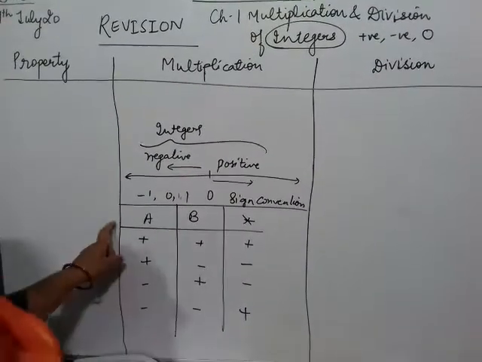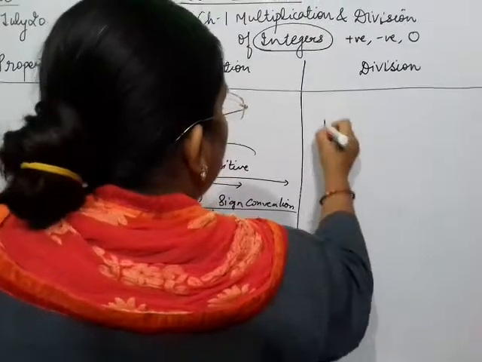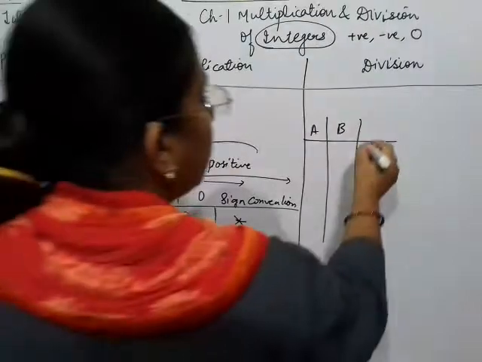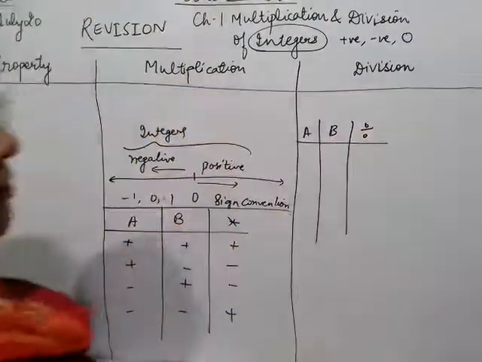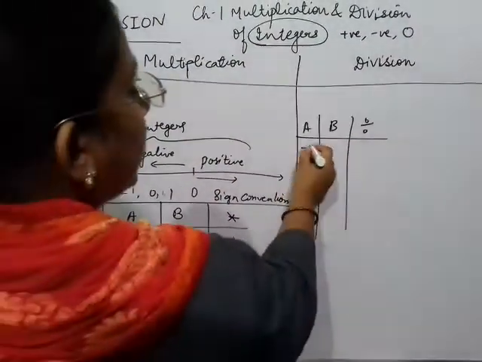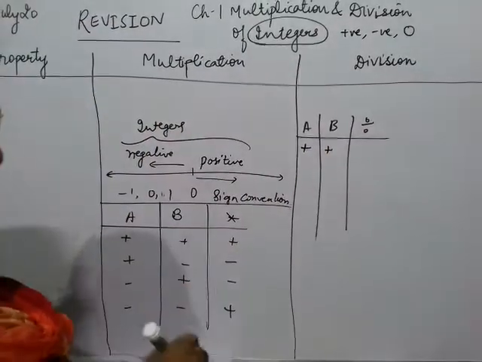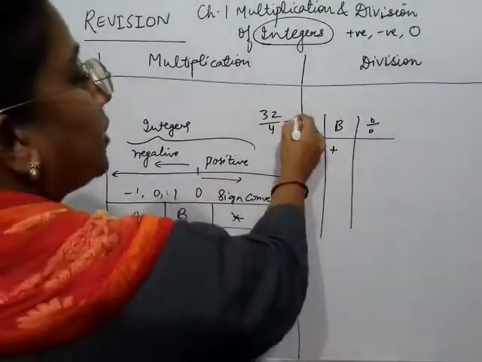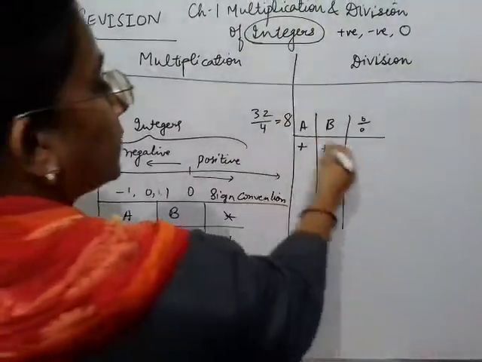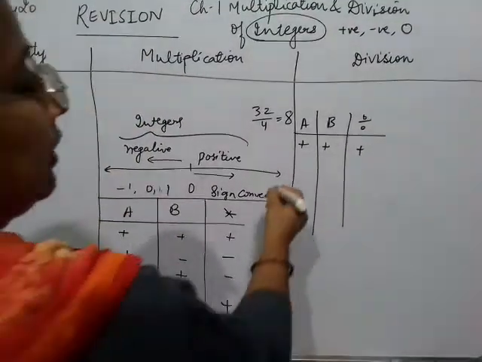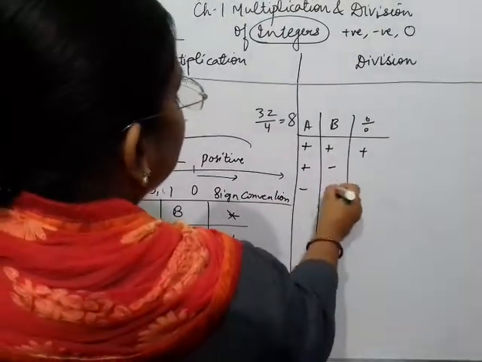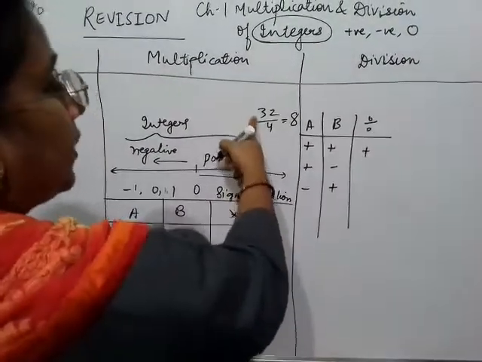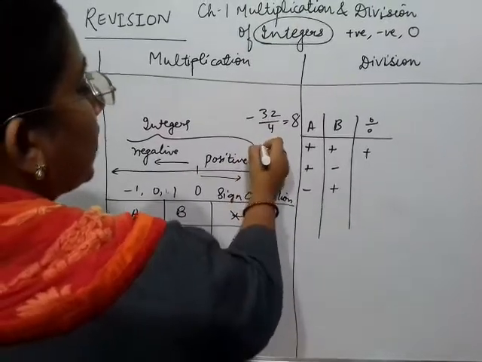Similarly, this sign convention for division is also there. Now, in division, a and b are two integers and we will study their division sign. If we have both positive integers to be divided, like for example 32 divided by 4, we get 8 as a result. So it is a positive result. Similarly, if one of them is negative, if 32 is negative or 4 is negative, in both the cases